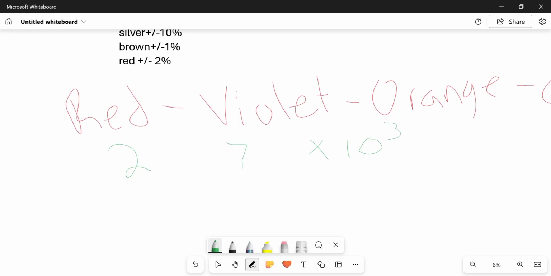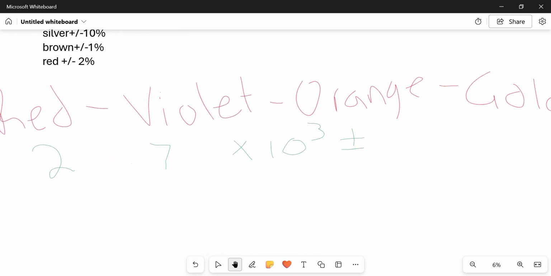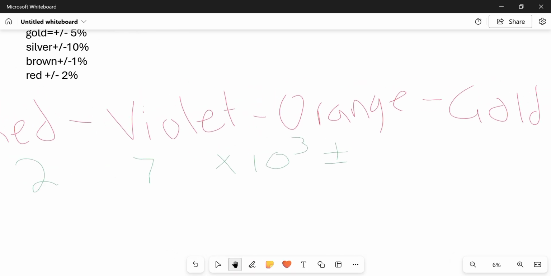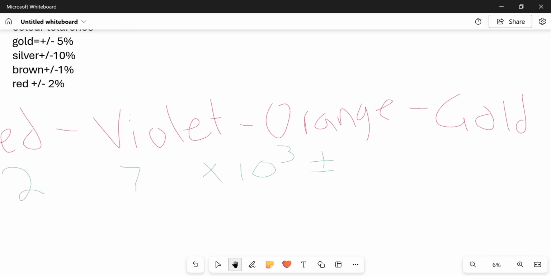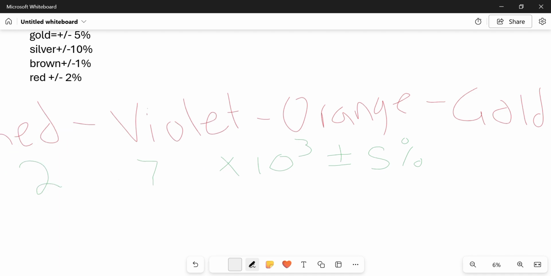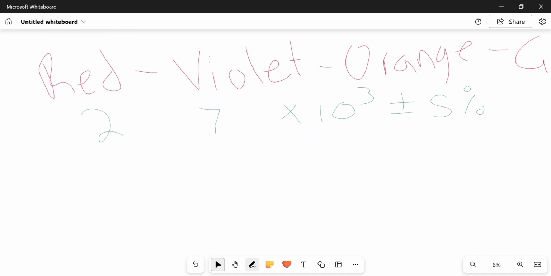Then plus or minus the tolerance. Remember, the tolerance is the last color. So the tolerance here is gold. So gold is plus minus 5%. That's how the codes will look. Okay,